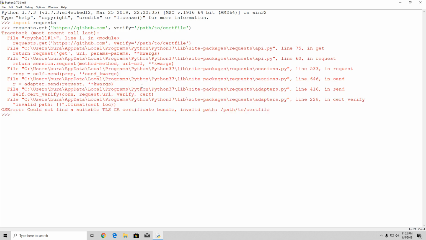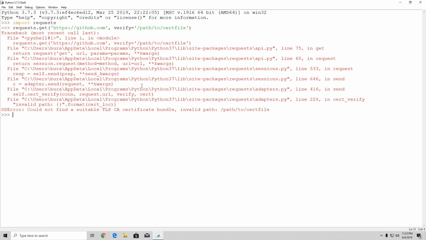Press enter. Could not find a suitable TLS certificate bundle, invalid path. Let me just see, cert file. Yeah, okay, so it probably isn't at this current path, but